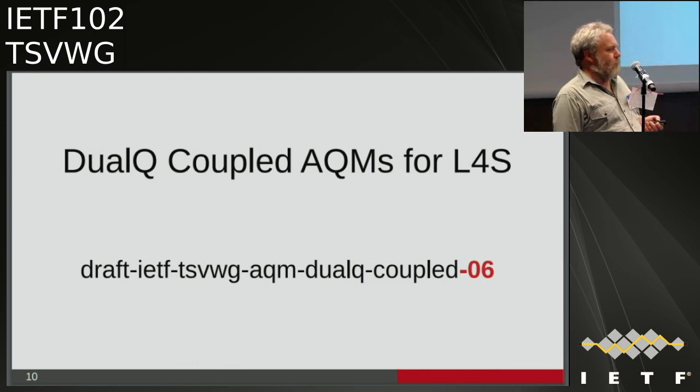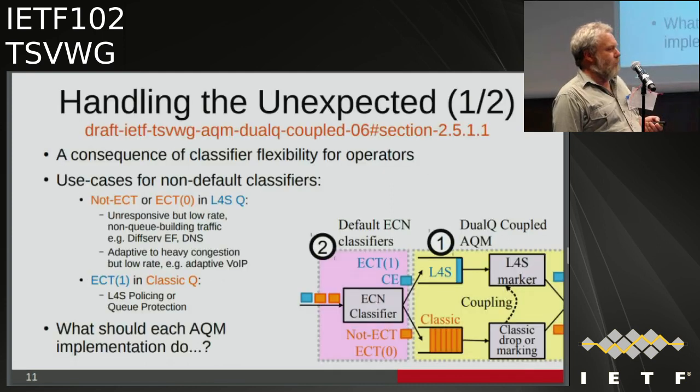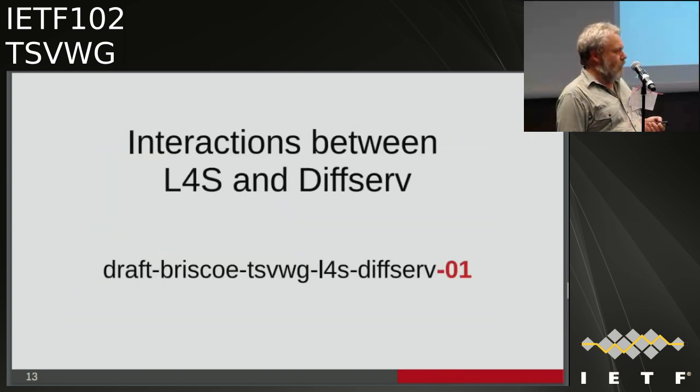Okay. I will skip the dual queue stuff and say, could we have comments on the new text? There's a whole new section in there about these unexpected cases. So could we have comments on the list about that? And I'll skip this and say